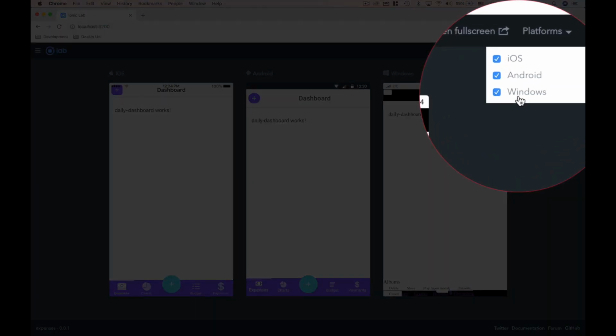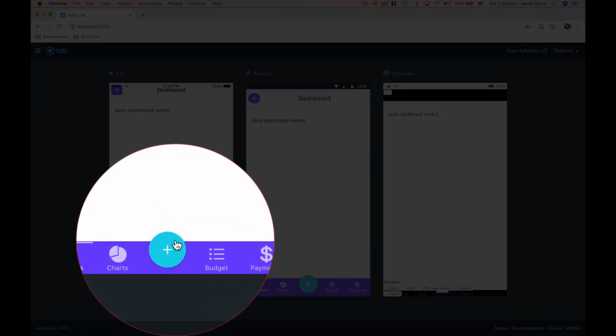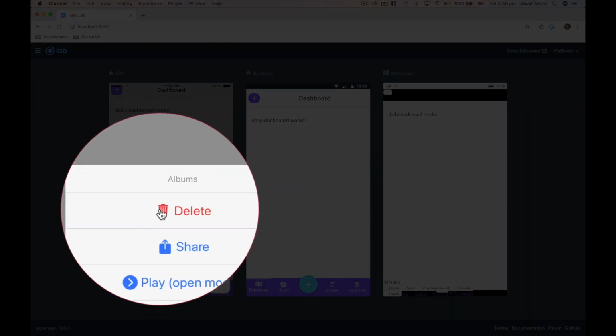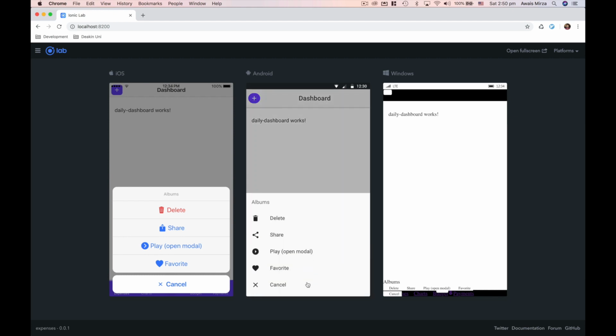but we have a third option here. When you start your application with the flag -l, you get this lab. Here you can see how your application is going to look on iOS, Android, and Windows. Now if I click on this button, which is basically a fab, I get this action sheet. You probably use a lot of mobile applications on iPhone, so you see this action sheet a lot in your iPhone applications. Now, similar on Android, if I tap here, it shows me the action sheet,